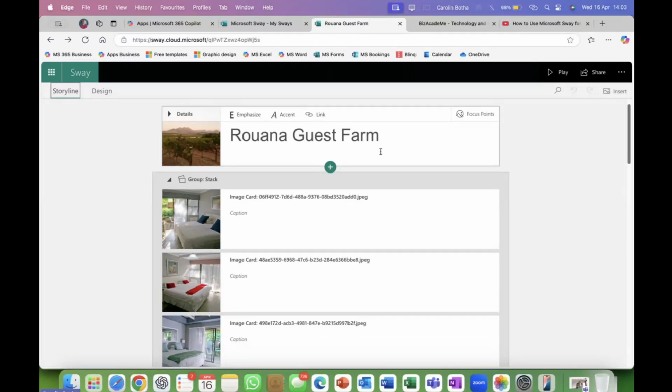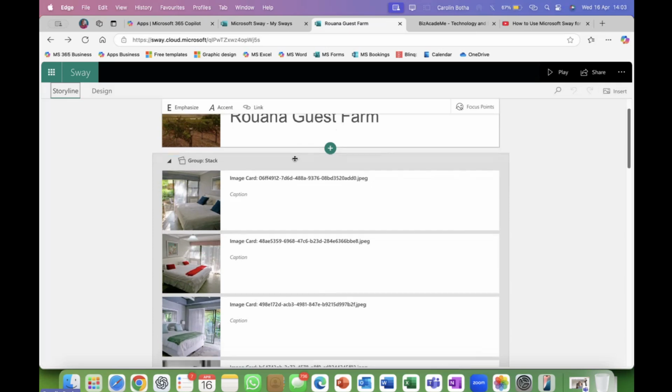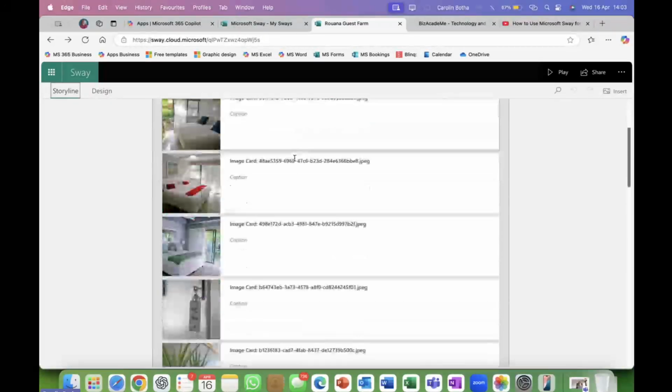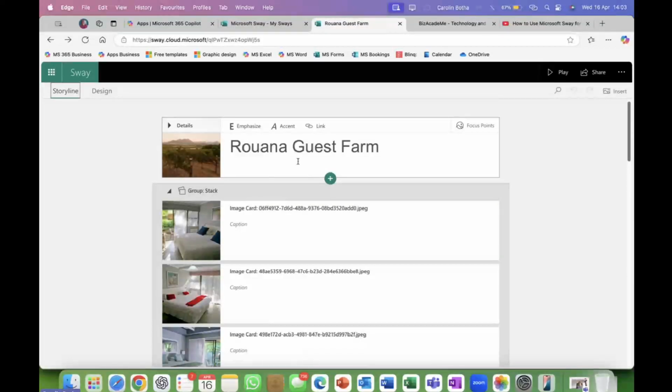This is a Sway creation that I have done for a guest farm outside of Stellenbosch, on one of our lovely wine farms. This is what it looks like when you build it, and I will show you how to do that. But let's go and see what the result looks like.